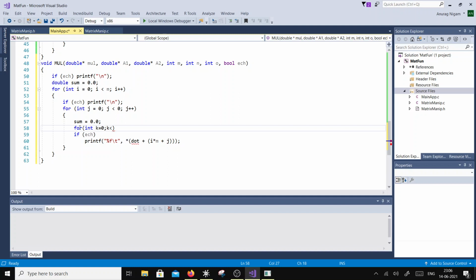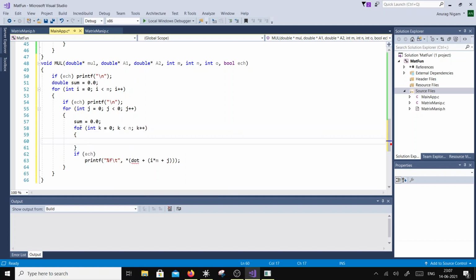Trying to understand this. Okay, so m cross n, n is common between the two matrices, the inner number, so it will be n. So k less than n, k plus plus,